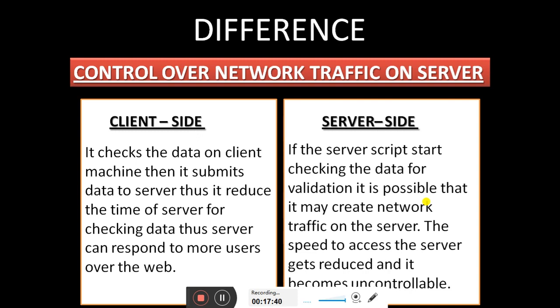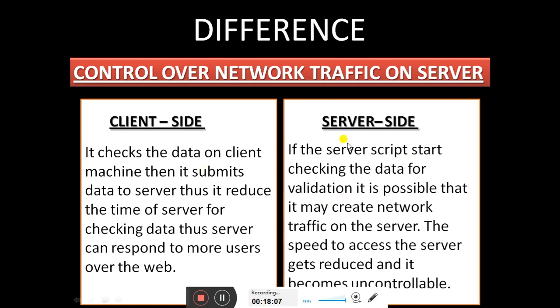As you all know, the server is connected with so many clients at a time. So if the data is error free, it will save the server's time, and then it will go for the next client after finishing your data. If the data is validated on the client, it is easy to process the data on the server side.